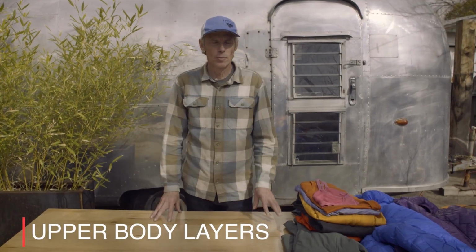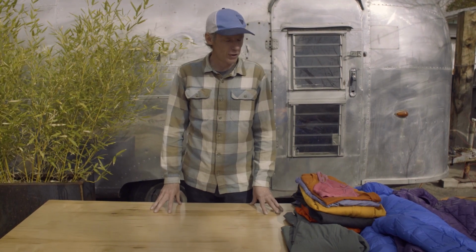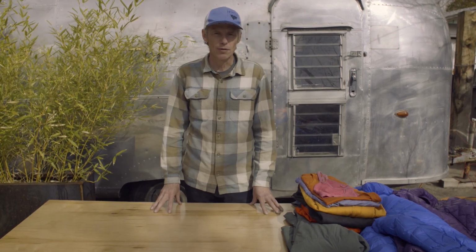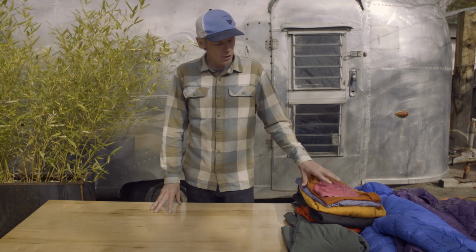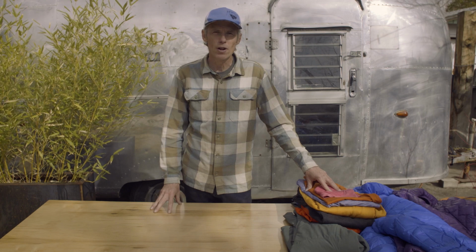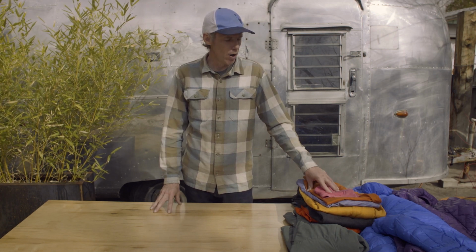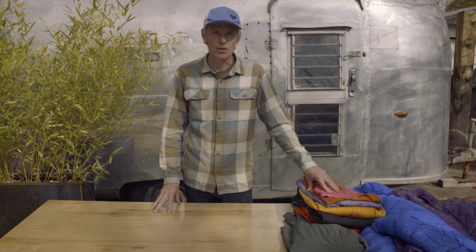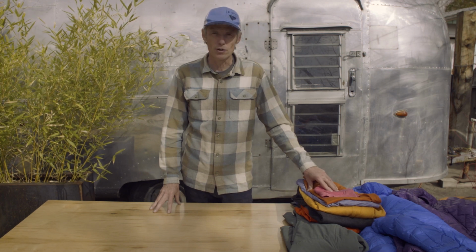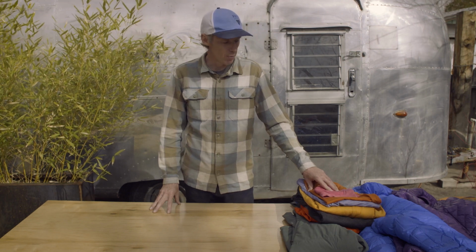So I want to talk a little bit about upper body layers now. I think this is one of the hardest things for people and the source of the greatest confusion. There's a lot of really nice products that have come out of the soft shell genre, especially for expedition climbing, but it does muddy the waters when you're trying to streamline your system and bring the minimal number of layers to do the job. So I'll give you a little rundown of what I might consider bringing on a Denali